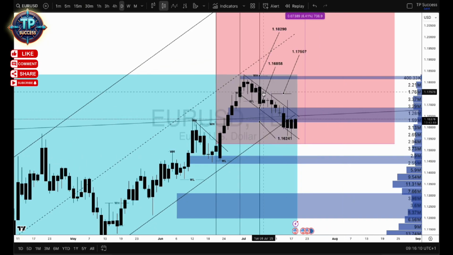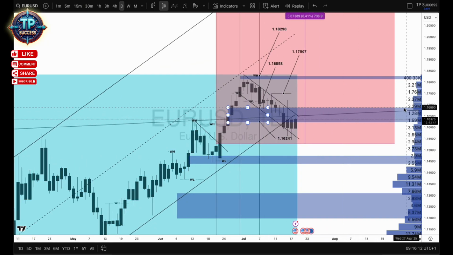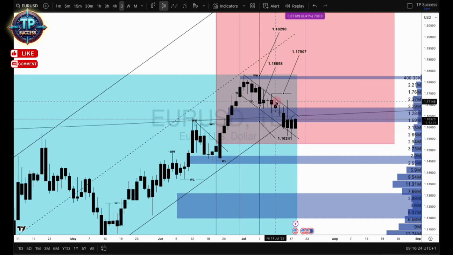Picking up from where we left off, basically price came into this low value node area right here. Let me just select my pointer. Price came into this low volume node area right here, and basically has gone through it, and it's now what I like to call the retest to just say that it plans on